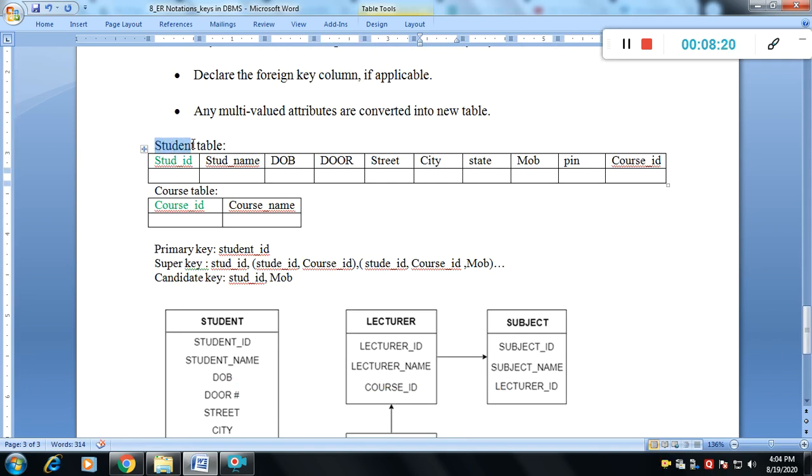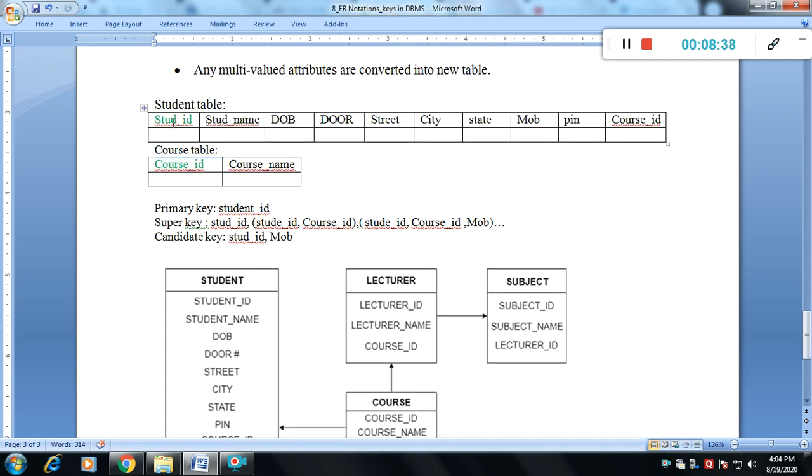And then we write create table student, where student is the table name, and then the particular parameters: student ID, which is an integer with a size, then student name, which is a varchar. That is simply the conversion process when we create the table. Then primary key under the student table: student ID is a unique ID, that's why it's the primary key. Then super key: student ID is a super key itself. Student ID plus course ID, a combination of these two, is a super key. Student ID, course ID and mobile number may also be a super key.